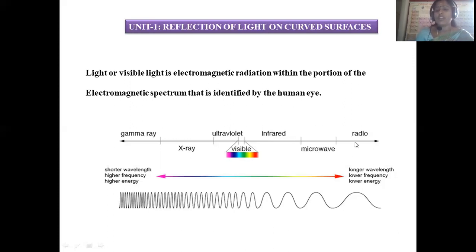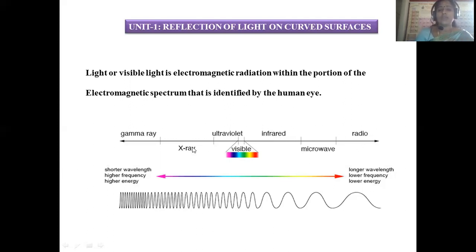Next is about radio waves. The telecommunication system is purely based on these radio waves; television and radio are all operated based on this only. Even NMR spectroscopy is a method purely based on radio waves, and it is very essential in research and also for medicinal purposes, right? Magnetic resonance imaging, MRI, what we are doing, is purely based on these radio waves, and also in research we can use this.